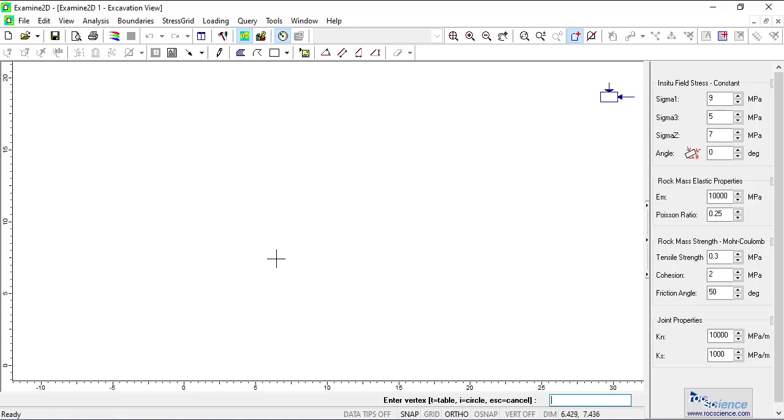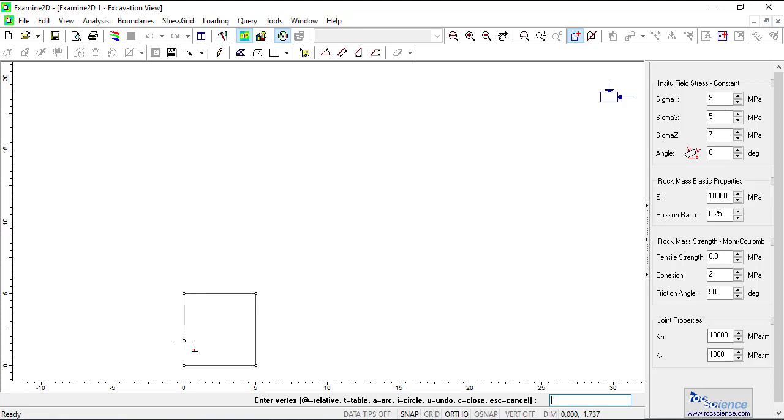specifically. You will notice when this crosshair mode is enabled to add the excavation, the text box on the lower right will activate so you can type in coordinates. So here I'll type in 0, 0 for X and Y. Push enter, you see the vertex appears, and you can continue. So I'll do 5, 0, then 5, 5, then 0, 5, and you can either type in 0, 0, or the mouse